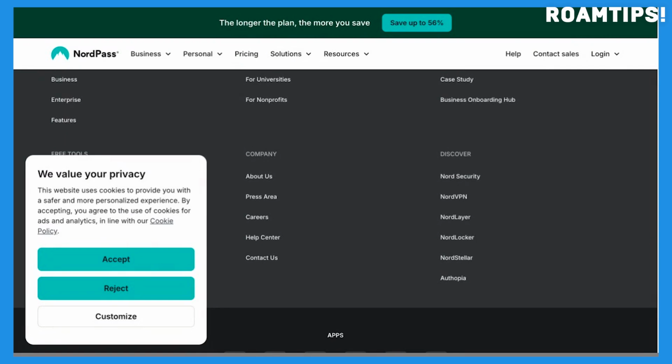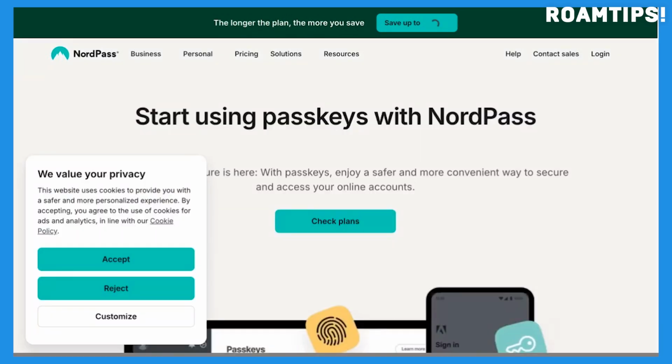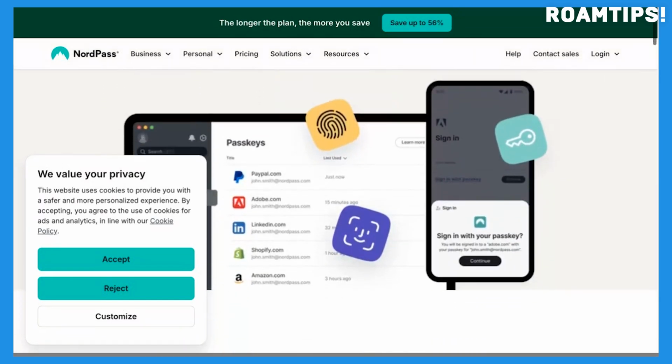NordPass clearly articulates its value proposition by emphasizing the peace of mind that comes with knowing your digital life is safeguarded. They underscore the convenience of having all your passwords at your fingertips, eliminating the need to remember complex and varied login credentials. Overall, the NordPass website provides a comprehensive overview of their password manager, leaving you with a strong